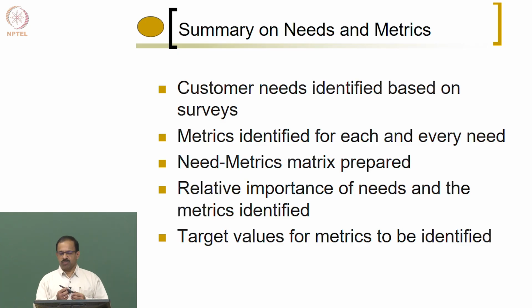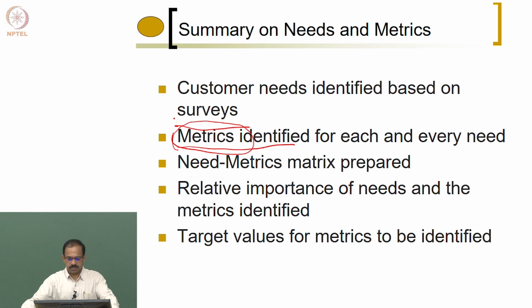Okay, so we are discussing the specification for the product, or how we develop the design specification for the products. We saw that once we have the customer needs, identified based on some standard methods, then for each and every need you can identify a metric. A metric is something which quantifies the customer need. The customer has a particular need which is very subjective, so we are converting that into an objective measurable quantity which we call the metric.